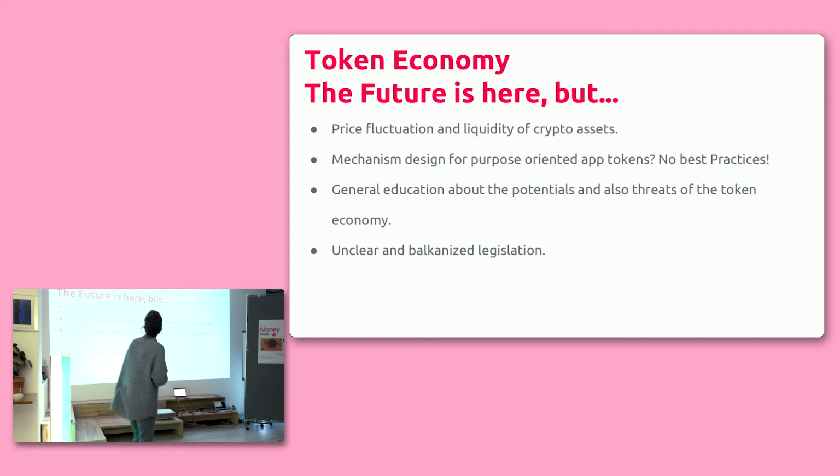And we have a few unresolved problems. We are already in the token economy. The future is here, but we still have price volatility and liquidity problems. Liquidity problems means that if we only have few tokens in circulation, or if everybody is holding their tokens and not trading them, I might have problems of liquidity. Price fluctuation is a problem if I want to use something as a store of value or plan my future based on something that might have price